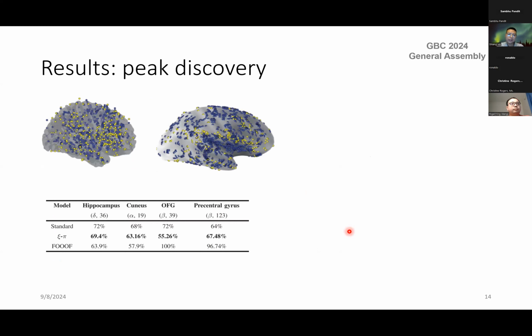And then we check the oscillatory peaks discovery, and we use more than 1700 intracranial EEG, which generally covers the whole cortical space and from the healthy brain regions over 106 subjects. And this standard is reported by the clinicians, and they are neurosurgery clinicians. They checked by visual inspection, by quite handcrafted work. And we compared our model with FOF. We found the CPI is much closer to the standard result.